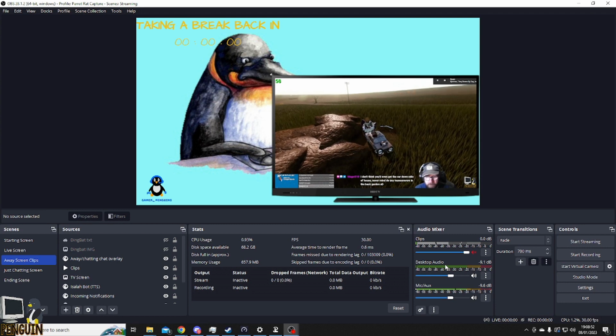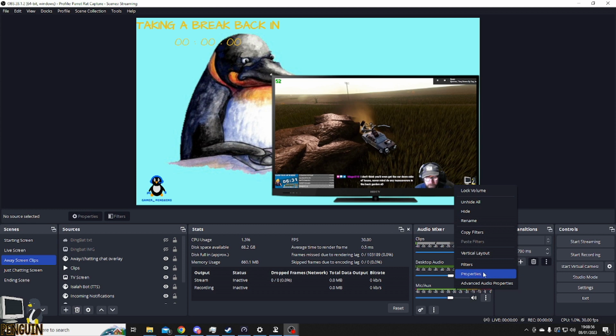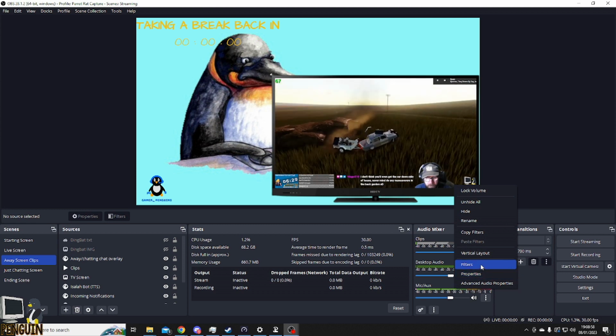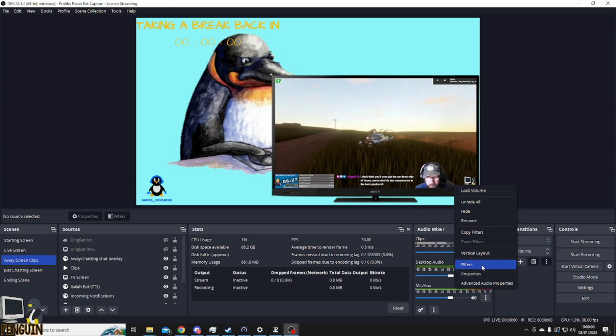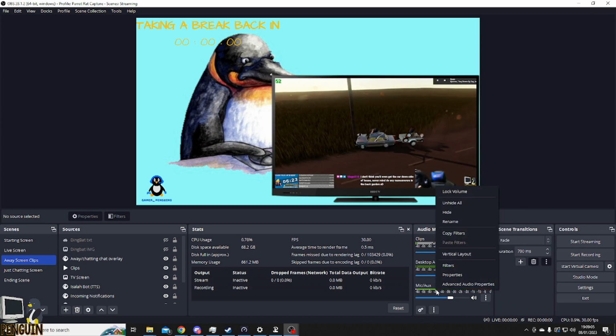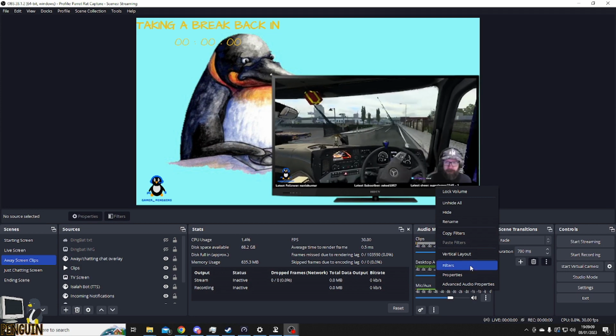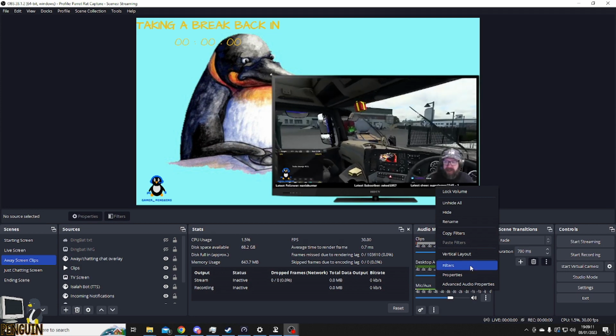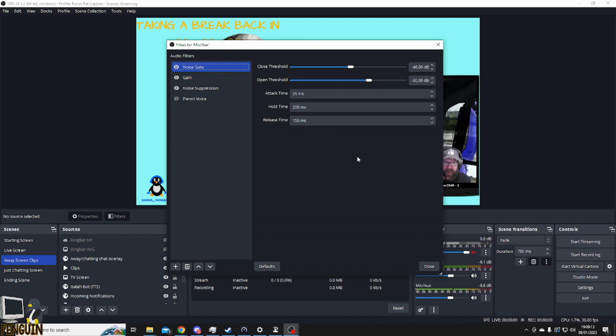Make sure they're sorted. Let's have a look at the mic slightly different. I think I've gone through this in one of my previous tutorials on OBS setup itself, but the one I'm looking at in particular is the filters. Right click your microphone or whatever you're wanting to put a filter on. Select filters, and here I've got 4 different ones, 3 of them active. So just think about it. If I go to raw mic right now,